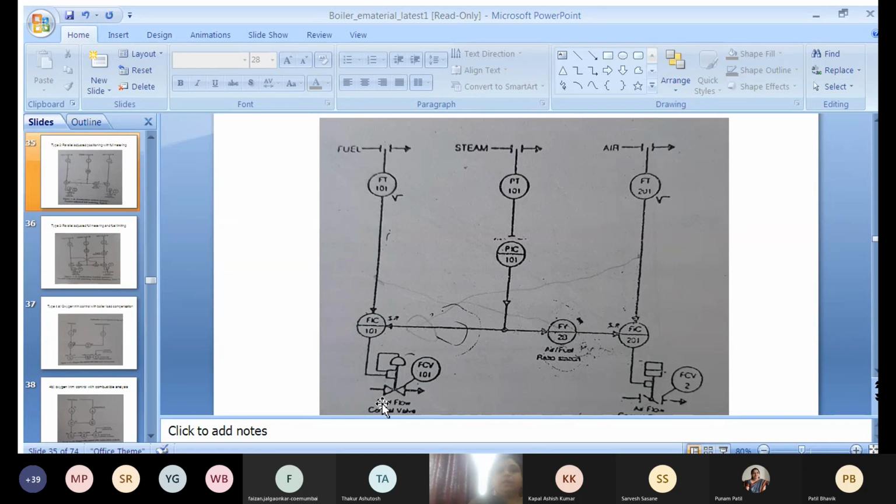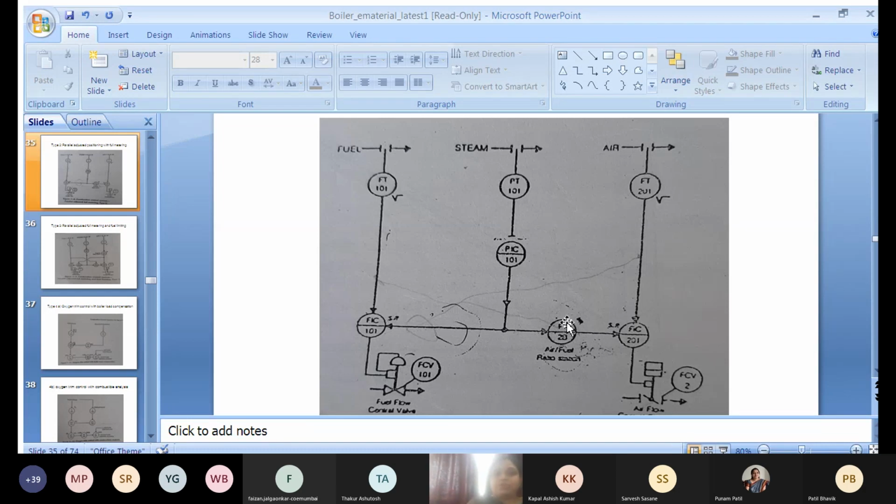Here we require fuel and air in a particular ratio. Suppose for the combustion you require more quantity of air and less quantity of fuel. Let us say double the quantity of air is required than the fuel. So if you want to take a 2:1 ratio,